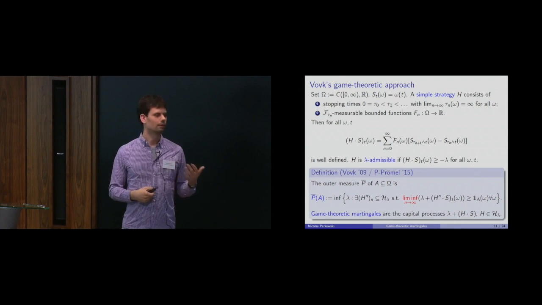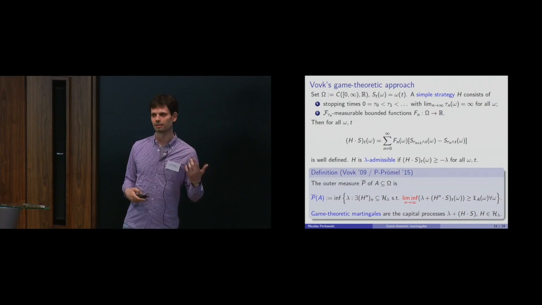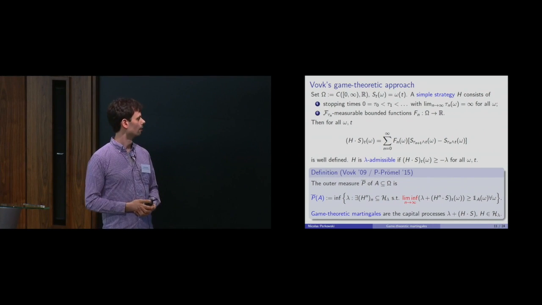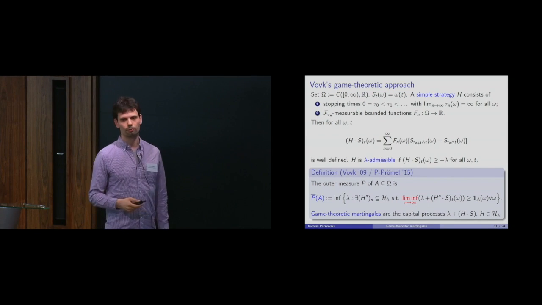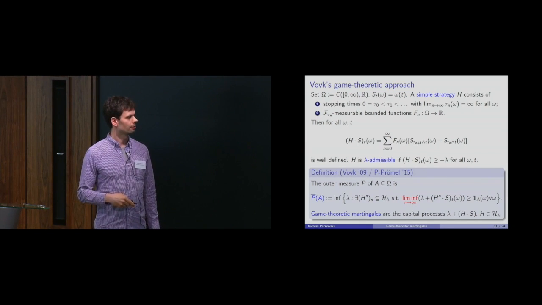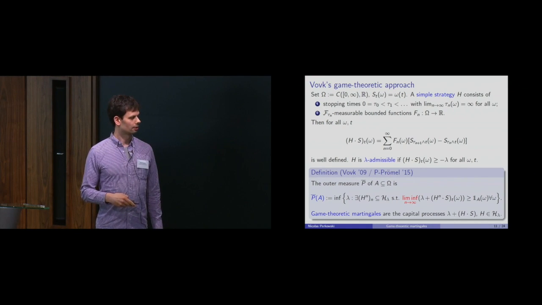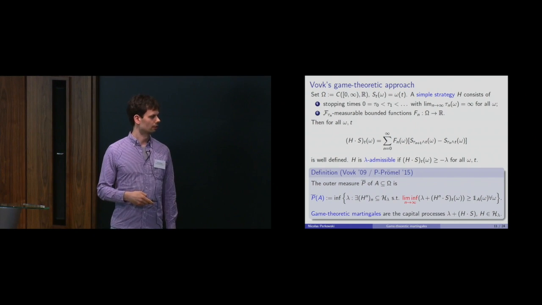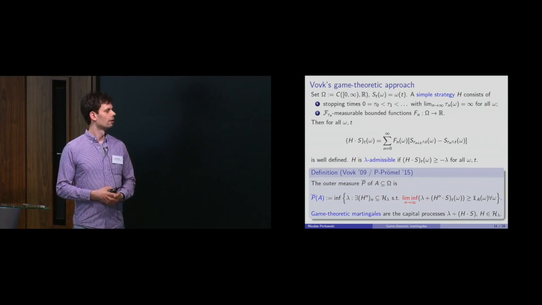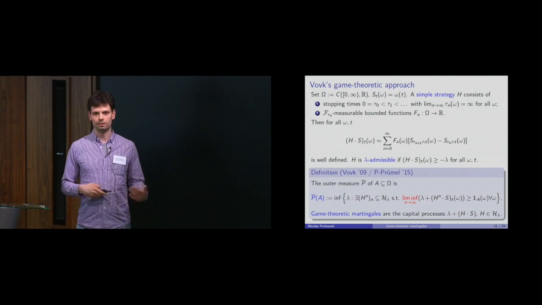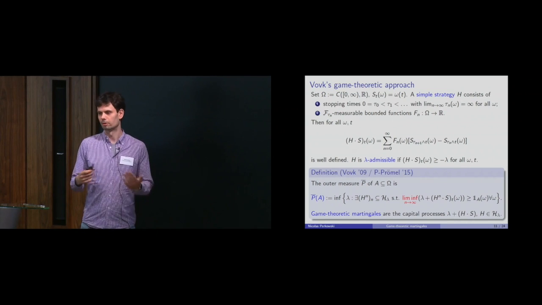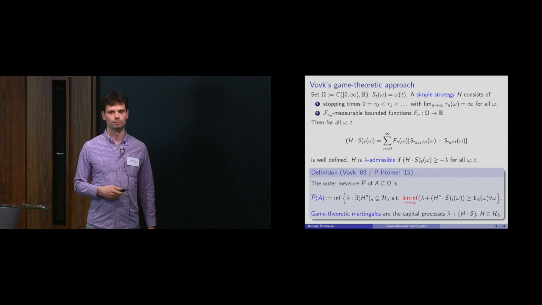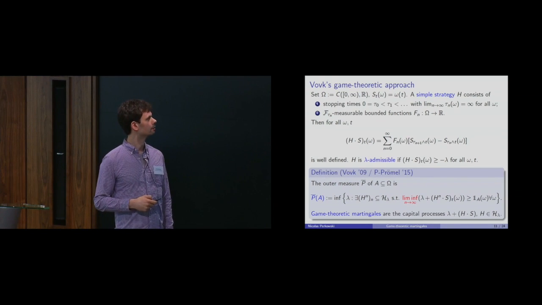The lim inf here in some situations allows you to apply Fatou's lemma, which is something useful in probability theory normally. Okay, and then what Vovk would call game-theoretic martingales are these processes, these simple capital processes, where you invest with a lambda admissible strategy and you look at the gains you get. And correspondingly, if this is a game-theoretic martingale, then this lim inf here will be a game-theoretic supermartingale. Because if you have a sequence of positive martingales, then the lim inf will be a supermartingale.